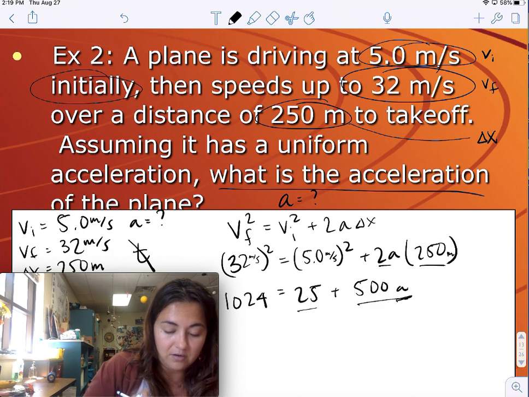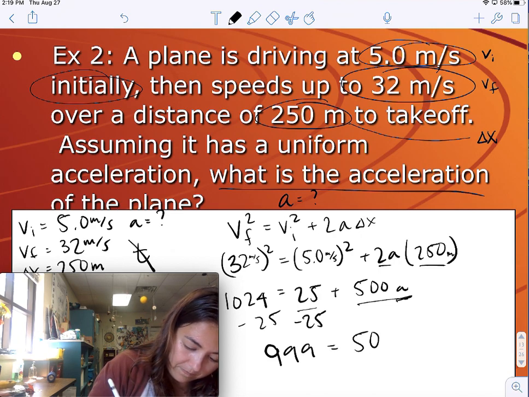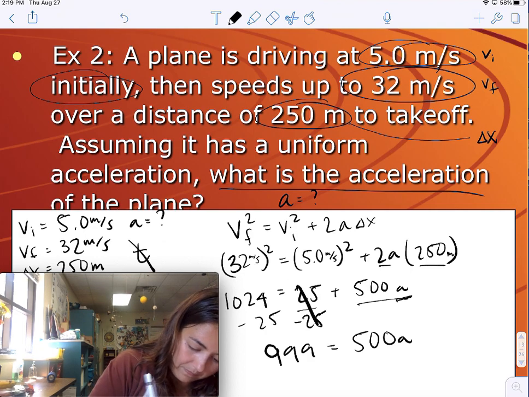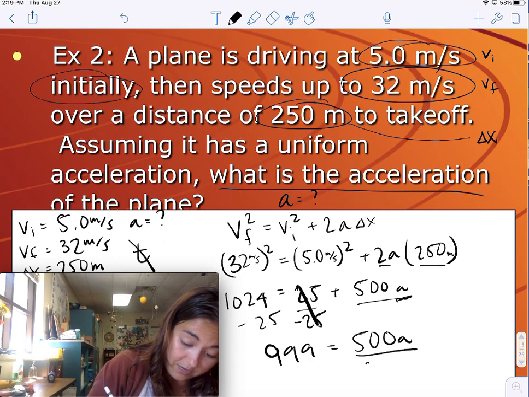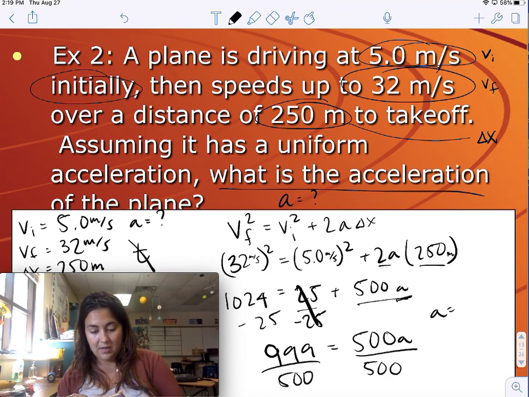This is stuck with that A, so I can't just add it to anything. But I can subtract 25 from both sides. And I end up with 999 equals 500A. And then if I divide both sides by 500, I get that A